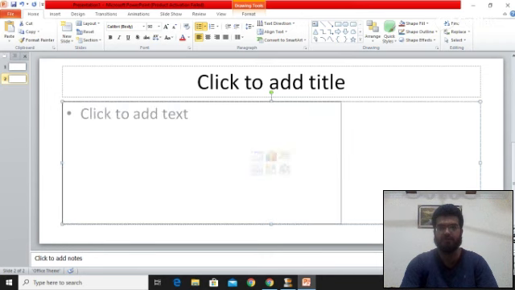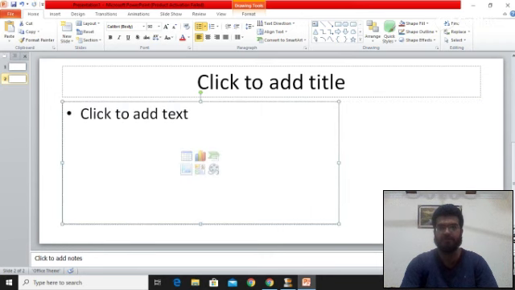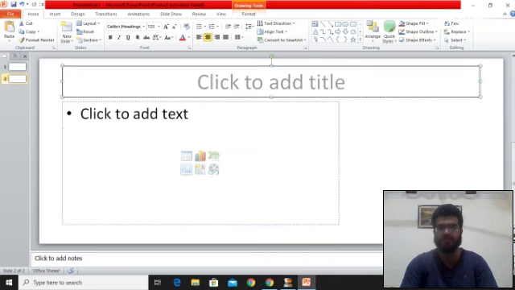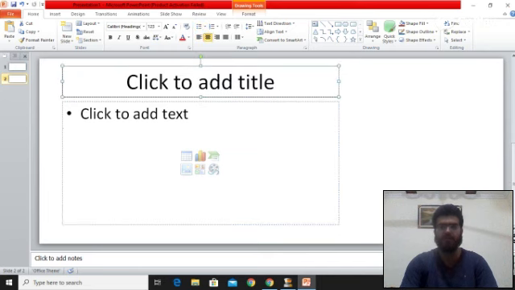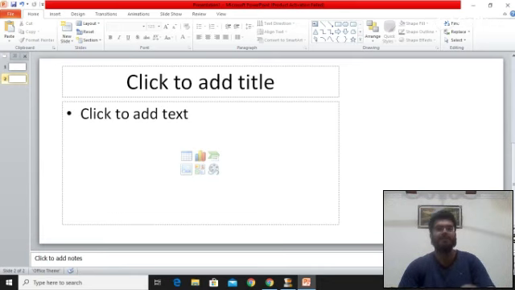So I'll bring it here. Similarly you can decrease the size of the title bar as well. Now what this has done is it has provided me this empty space. So place your webcam display somewhere here.